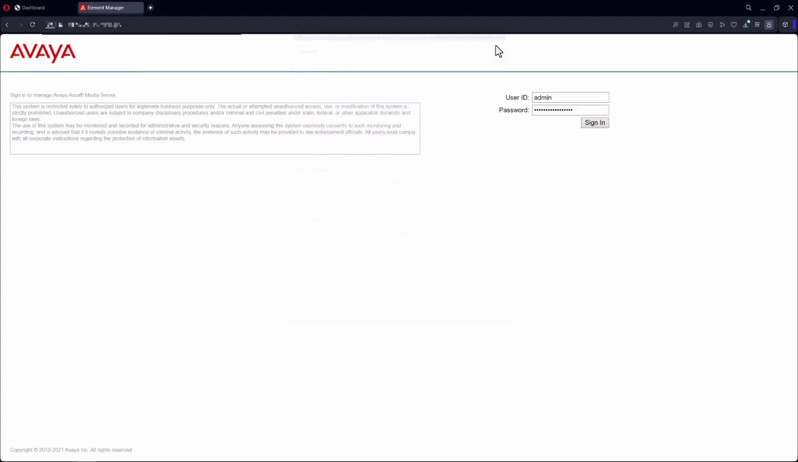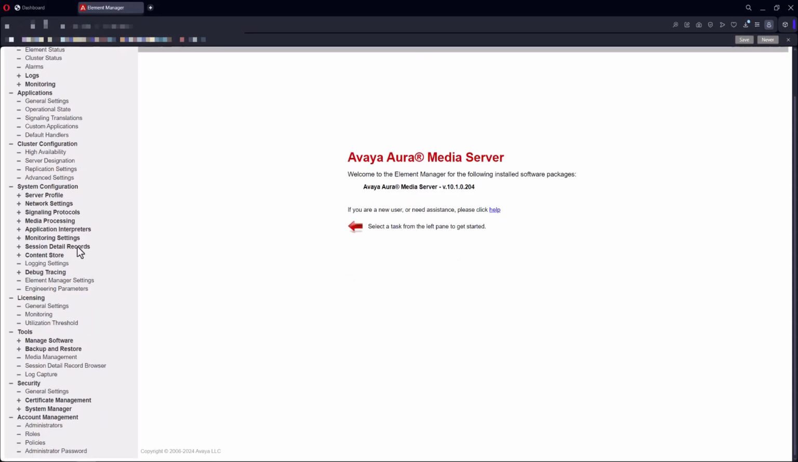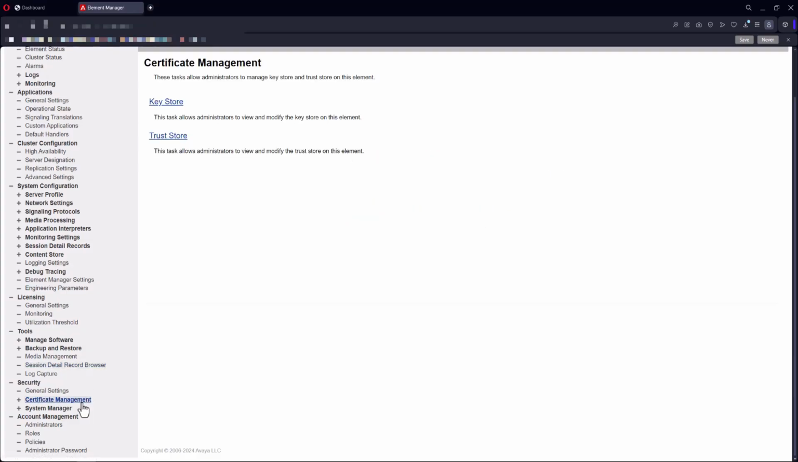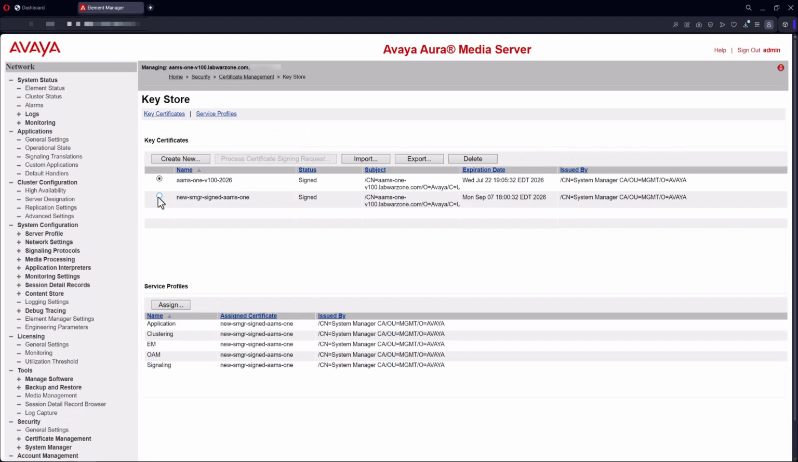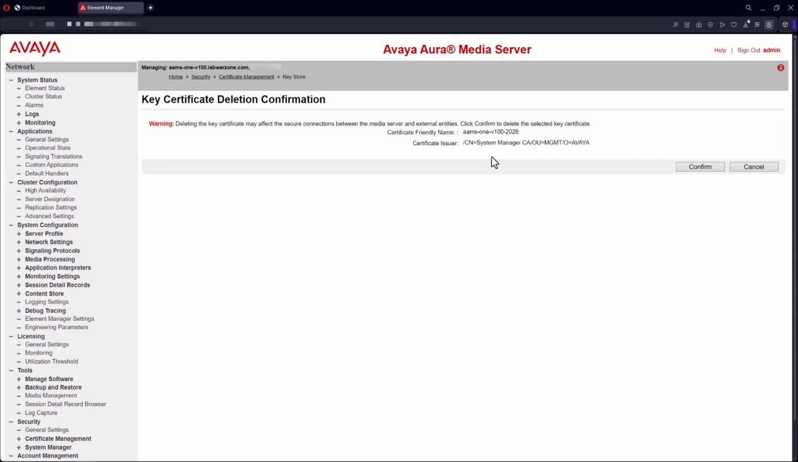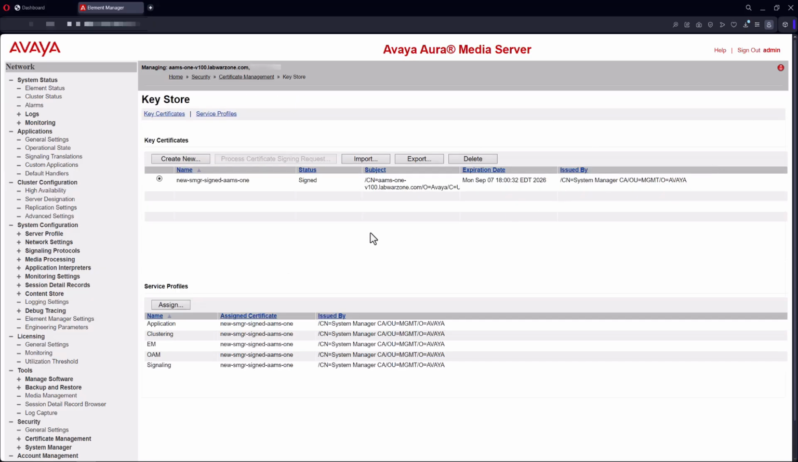To complete the certificate renewal process, we'll delete the old certificate as it's not being used any longer. This activity is performed under Security, Certificate Management, Key Store. Then select the old certificate and choose Delete. A message appears asking you to confirm the deletion. Select Confirm. Our certificate renewal is complete, so we can now unlock the media server to place it back into